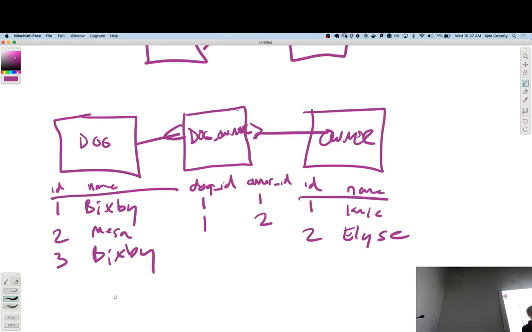Is it because now you have redundant objects? It's part of it. It's not quite redundant. Yeah, if I get a new dog, now there's two places that needs to get updated. I need to update that I own the dog, and I need to update that the dog is owned by me. Uh-oh. So now it's possible for me to own Bixby, but Bixby to not be owned by me. Uh-oh. That's not valid logic in our dog shop world here.